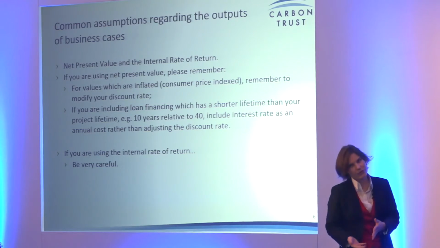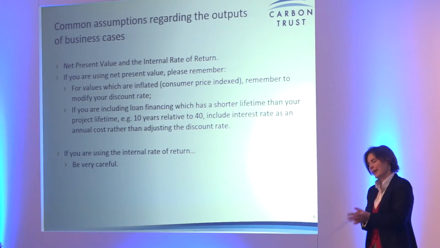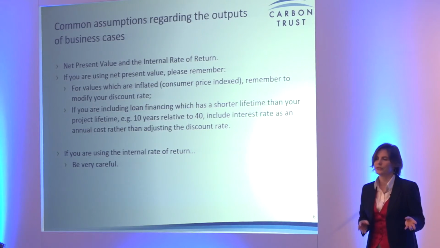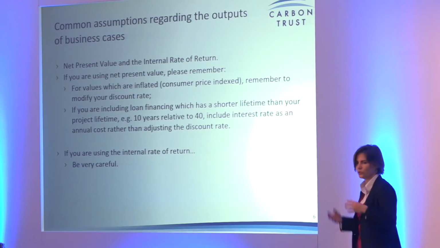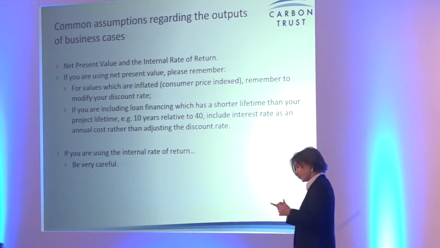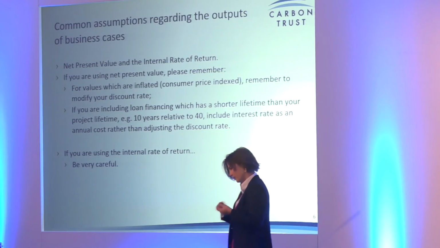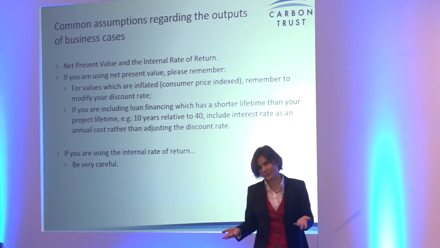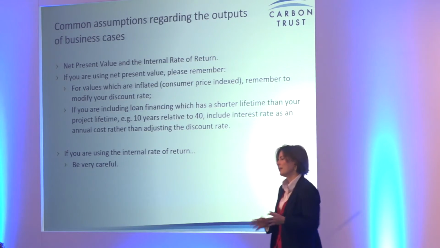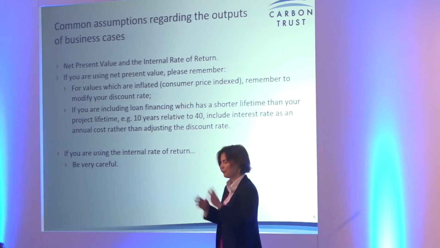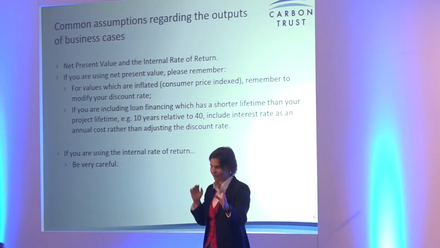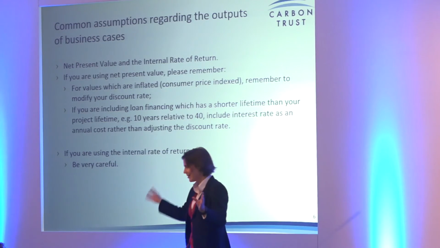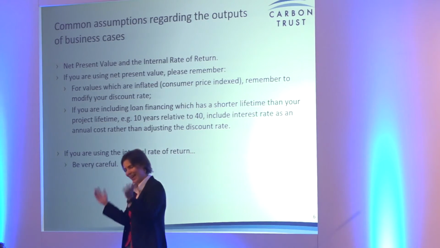So when you're using the internal rate of return, basically what it tells you is the same thing as your net present value tells you. Yes, no, this is a good investment. So if your internal rate of return is higher than your discount rate or your hurdle rate or your cost of capital, whichever of those measures that you're using, then it's a profitable investment. It doesn't, however, tell you anything in terms of if you have a project with an internal rate of return and another project which has a higher internal rate of return, that doesn't mean the project with the higher internal rate of return is more profitable. It looks like it, but it doesn't.